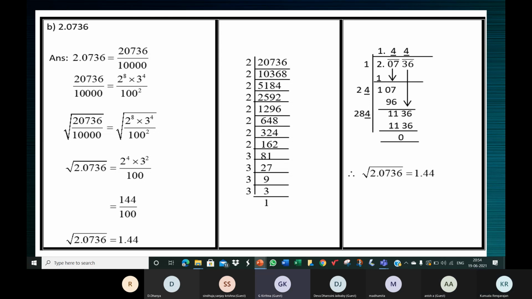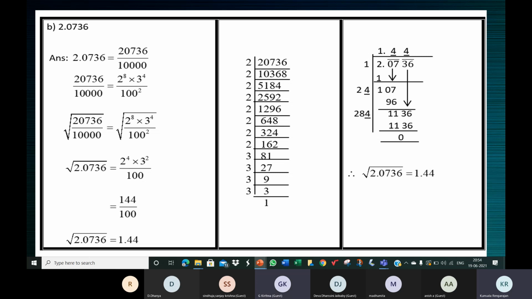Ma'am, I'm doing the prime factorization for the numerator, but I don't get it. Okay, then use the long division method. If you're not getting the prime factorization, you should get it. It's not that you cannot get it, but in case it's difficult, where have you stopped actually? First I got 112000, then 2809. Have you got 2809? Yes, ma'am. Yeah, so that's what it is. When you cannot hit the prime factor, what have I told you? Where does 2809 lie?